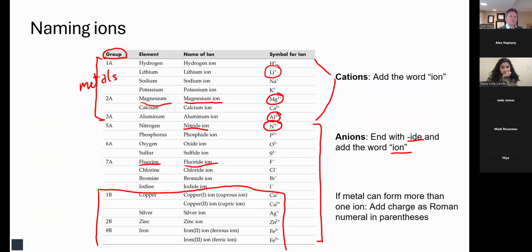All right. Now, in addition to that, we talked about naming ions. Ions have different numbers of protons and electrons, and that's where they have a charge. A cation is a positively charged ion. An anion is a negatively charged ion. Cations are named by the name of the element plus the word ion. Anions use an -ide suffix, that's how they end, and the word ion. For instance, the common sulfur ion is S2 minus. That is known as the sulfide ion.